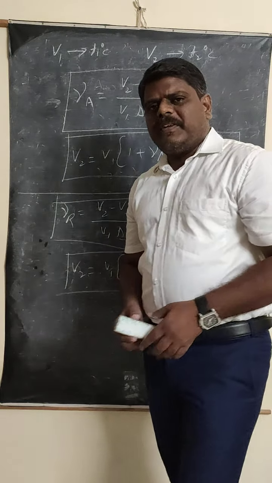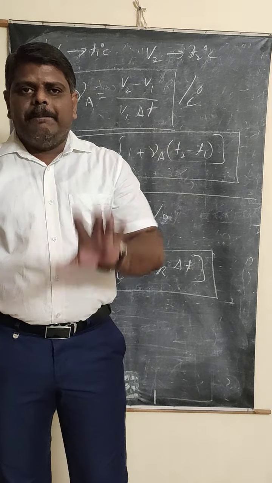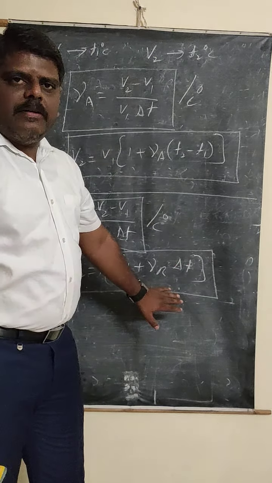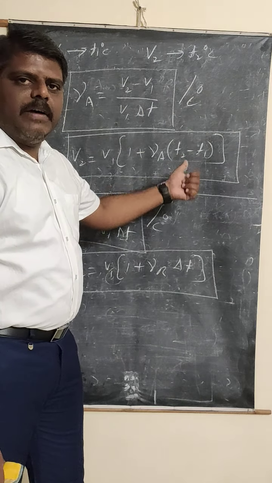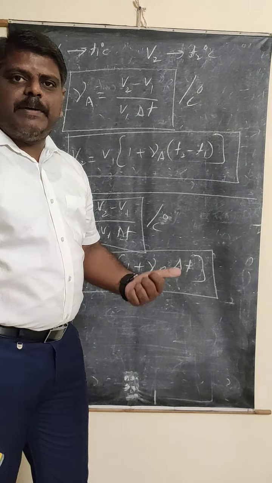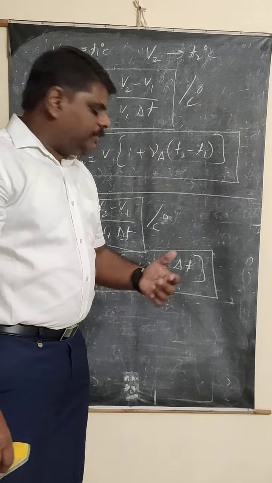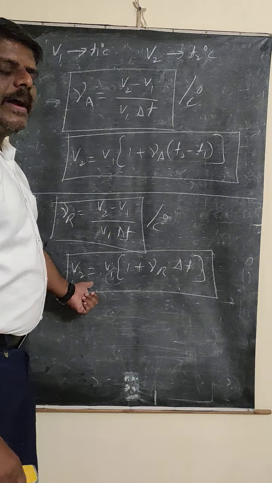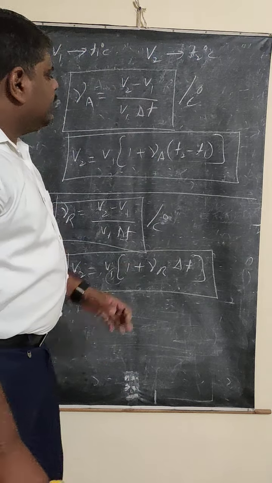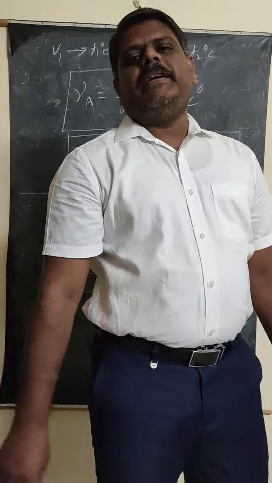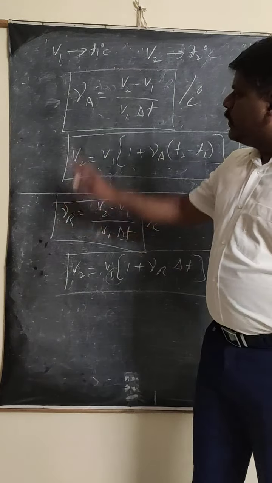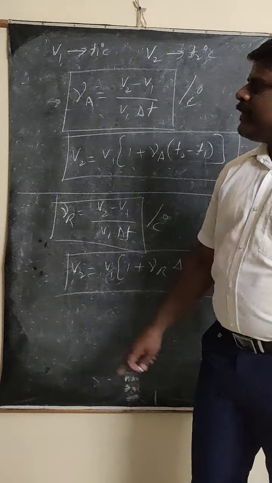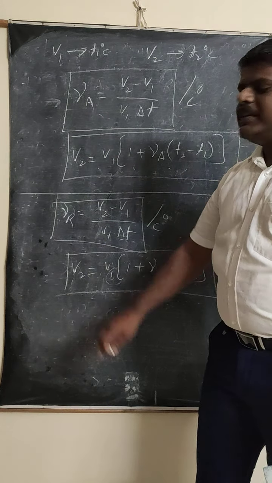So read the problem very carefully. In the problem, they may mention the apparent expansion or the real expansion. Based on that, you need to take the formula. If they are measuring the apparent expansion, use the first formula to find the final value. If they are calculating the real expansion, then use the second formula to find the final value. So overall, these are the two types of expansions in the case of liquids, their formulas, definitions and units, which are very, very important. Coefficient of apparent expansion, coefficient of real expansion.